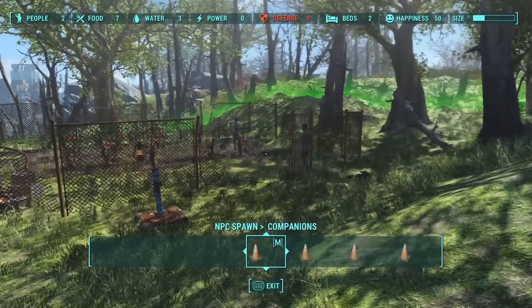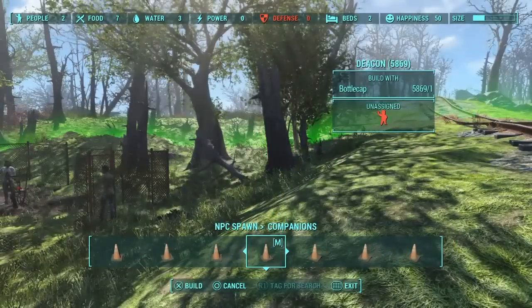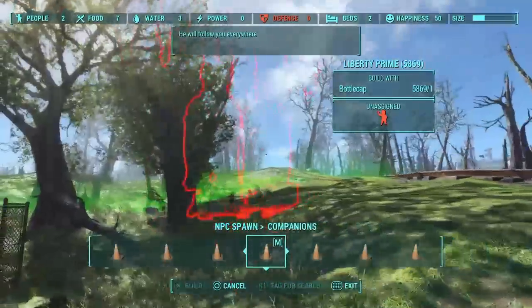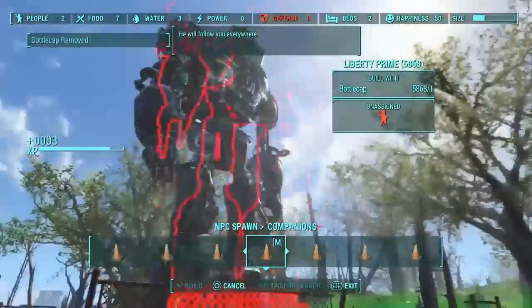But you can go ahead and spawn in clones of yourself, any of the companions, and I think you guys might find this one actually pretty interesting. You could actually go ahead and spawn in Liberty Prime, and he will go ahead and follow you around. That's actually pretty interesting. Let's go ahead and